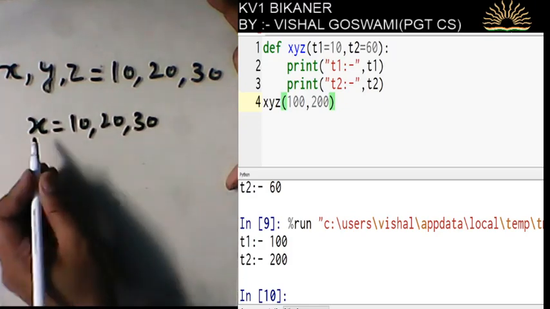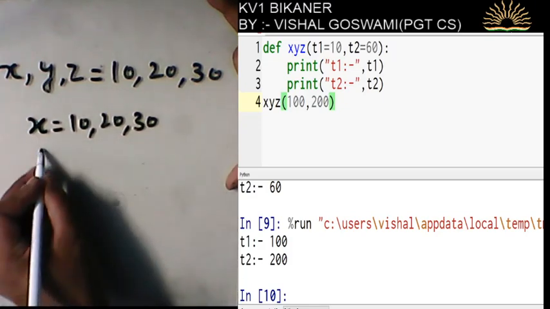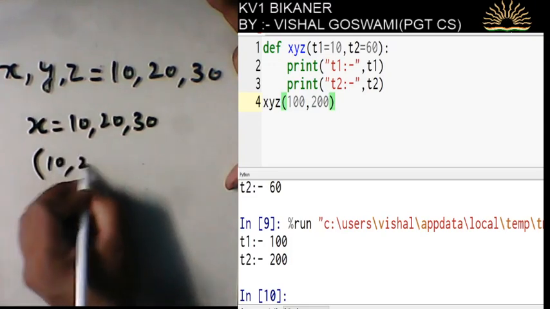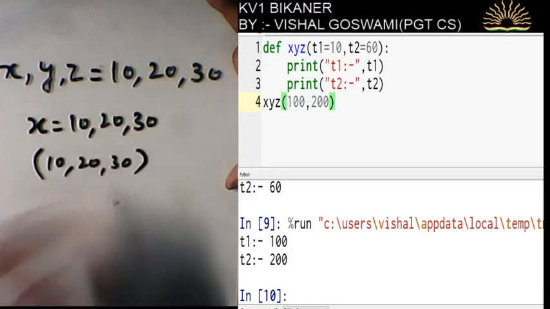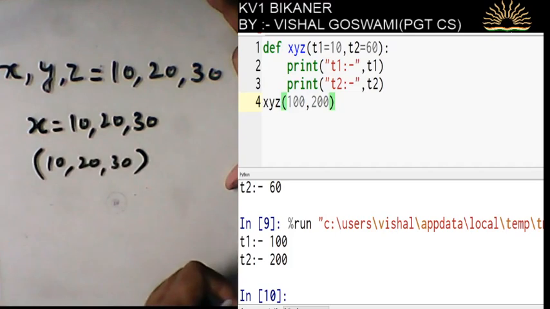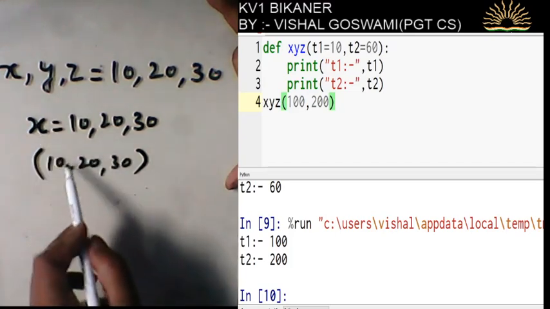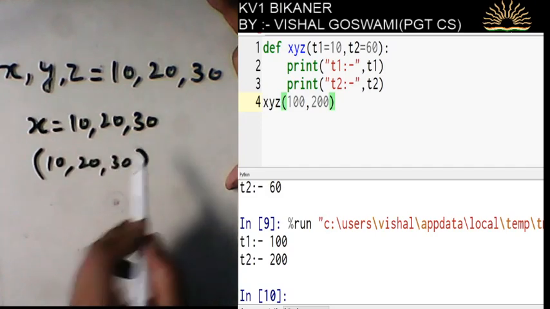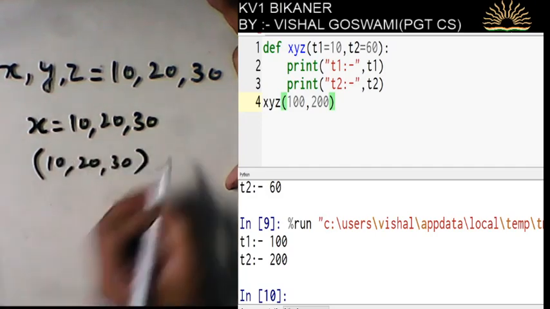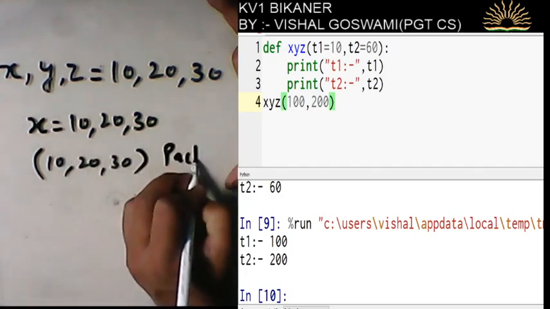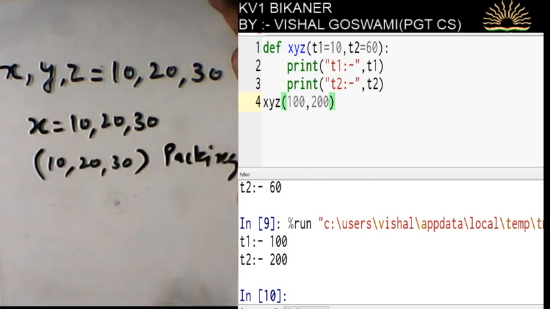So x will become a tuple. In this case, x will not become an integer, it will become a tuple of 3 integers. This is called packing.